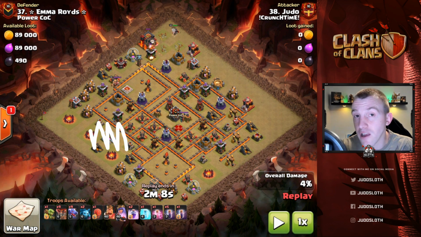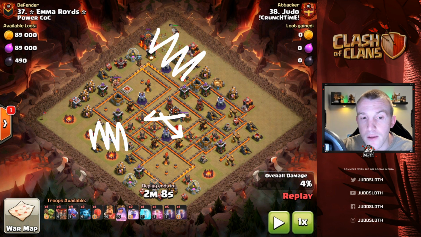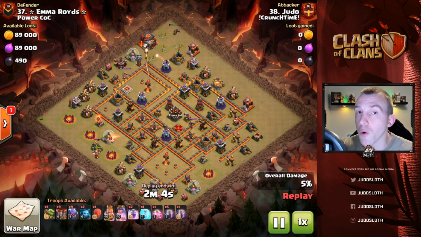Now this was a fresh hit, but I thought my plan was solid, and as you will see, it most certainly is. So we use the queen to take out this, the king to sort out this area. Notice the sweepers pointing this way and this way. I should be able to get my dragons in from this area onto the multi and the wizard tower relatively easily. That was the plan initially, and that's exactly what you want to do if you are using the Dragbat